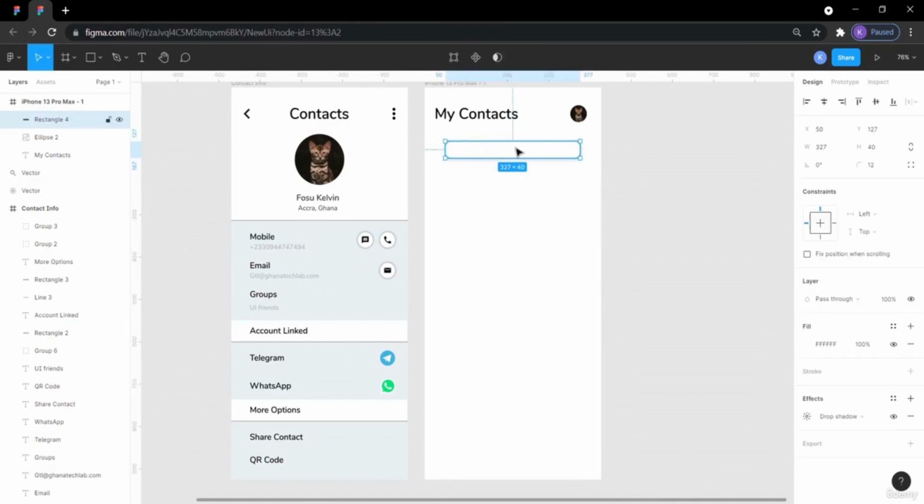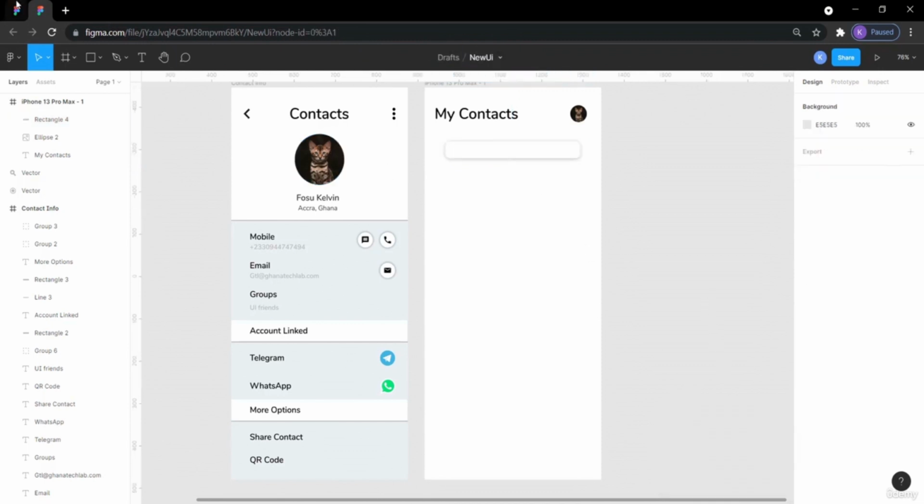Okay, so what I did was I changed my Y to 2 so that we have the shadow mostly beneath. And then my blur was set to 12. Now if you study carefully,